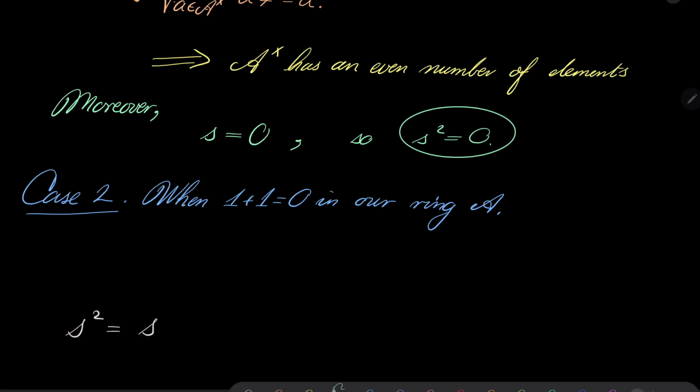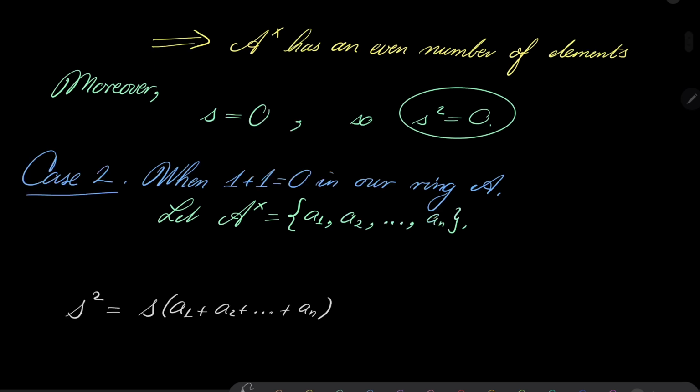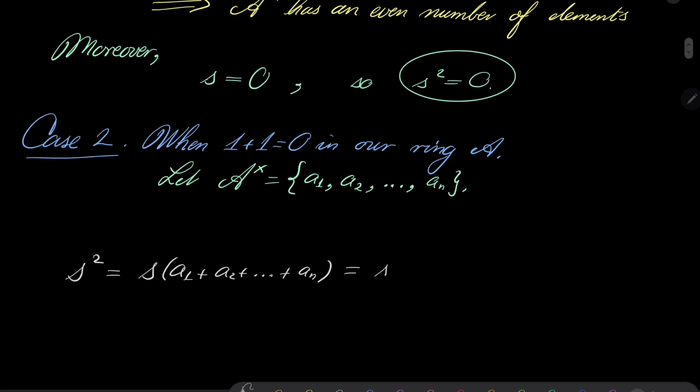Let the set of invertible elements of A be a1, a2, up to an. Let's enumerate them. Now, S squared equals S times (a1 plus a2 plus up to an),